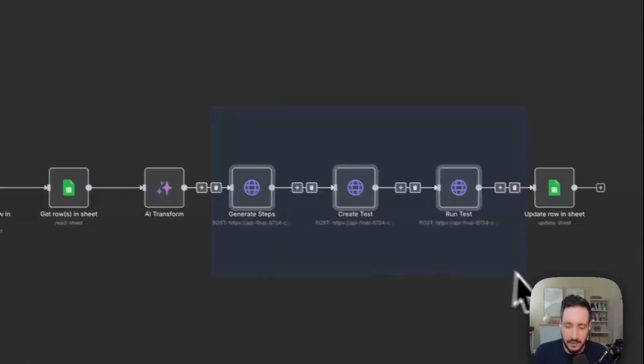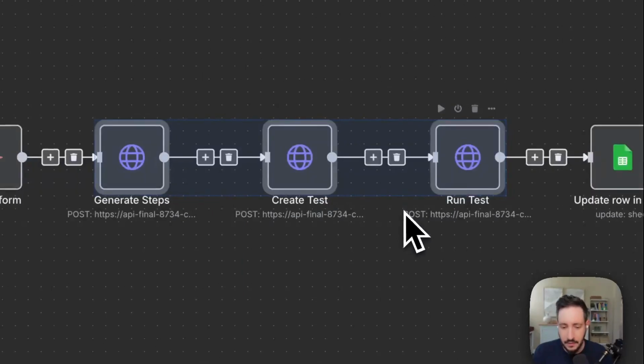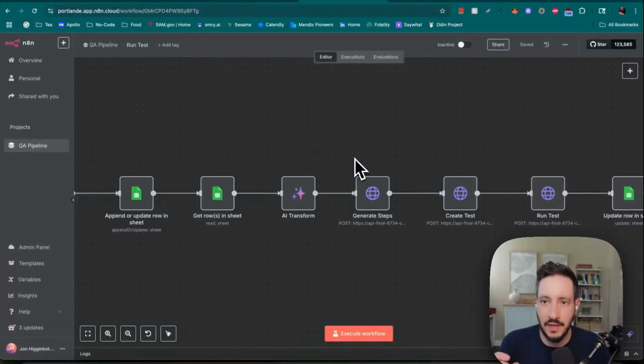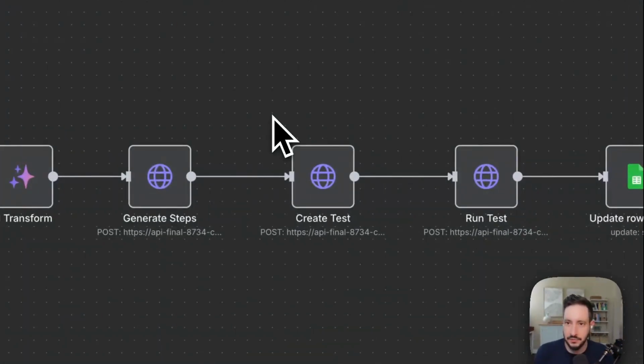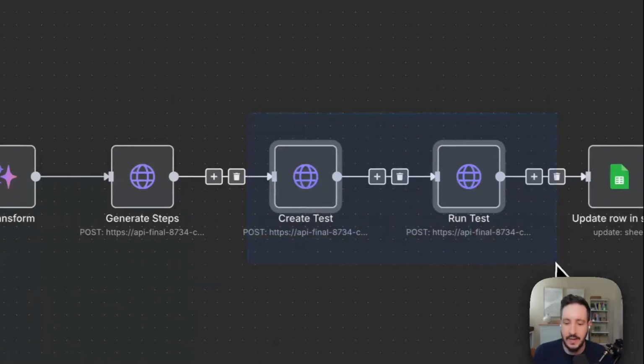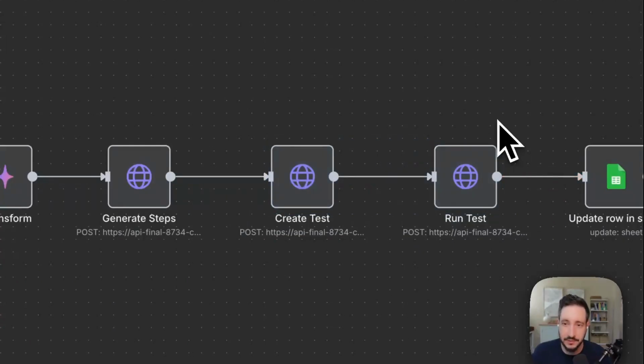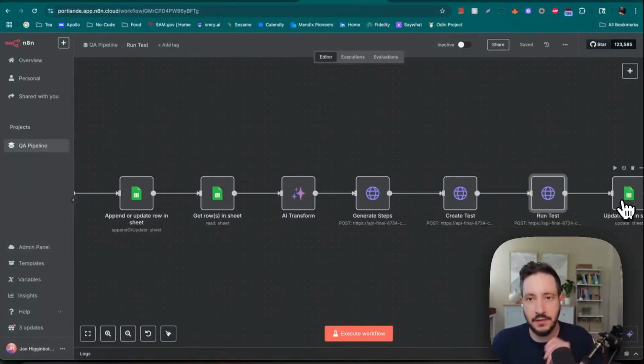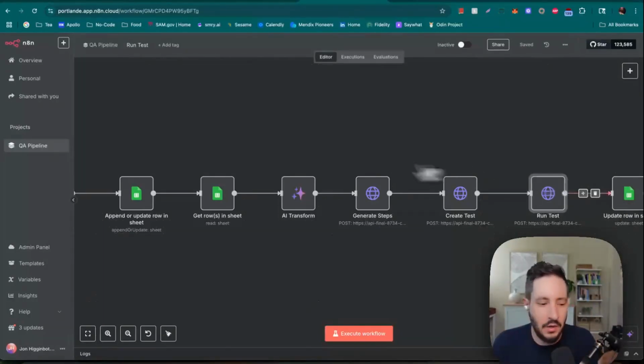And then we hit the Docket APIs here, where first, we're transforming the user story into test steps. Docket has an API for that. It uses the API to basically just transform a user story into specific test steps. Then we create and then we run a test. We trigger the test. The test, I said, can take a couple minutes, so I would not expect a response back of a test pass or fail. It's not that quick. So instead, we just update our database that says, okay, great, we submitted this, and now our other flow